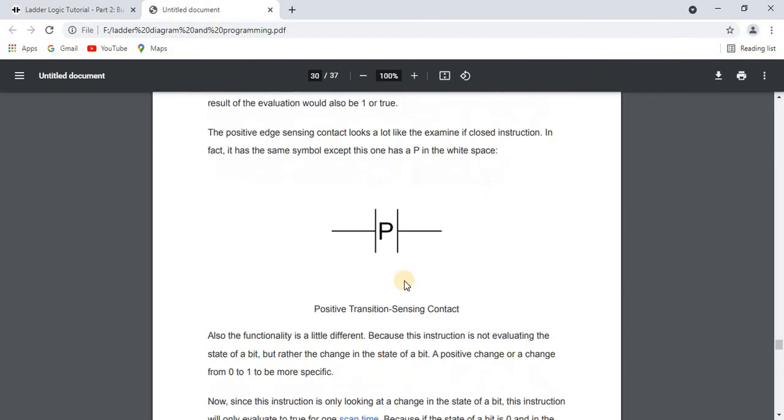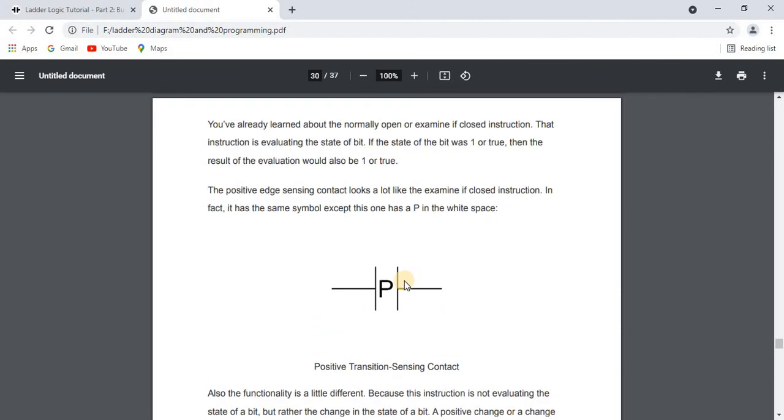The functionality of this is also different from the normally open or examine if closed instruction, because this instruction is not evaluating the state of a bit, but rather the change in the state of a bit. It is not sensing the value of the bit, either 1 or 0, but the change in the state of a bit.